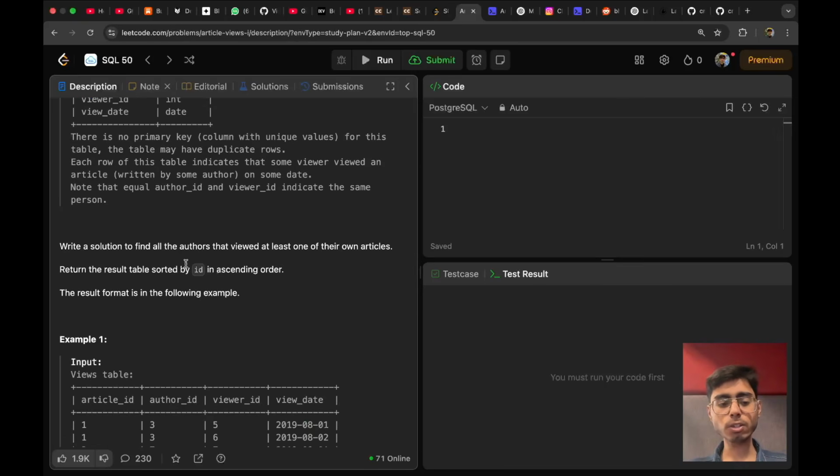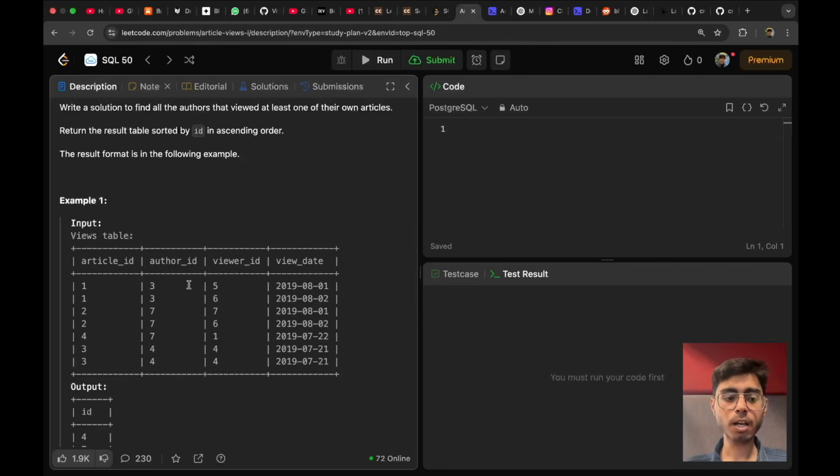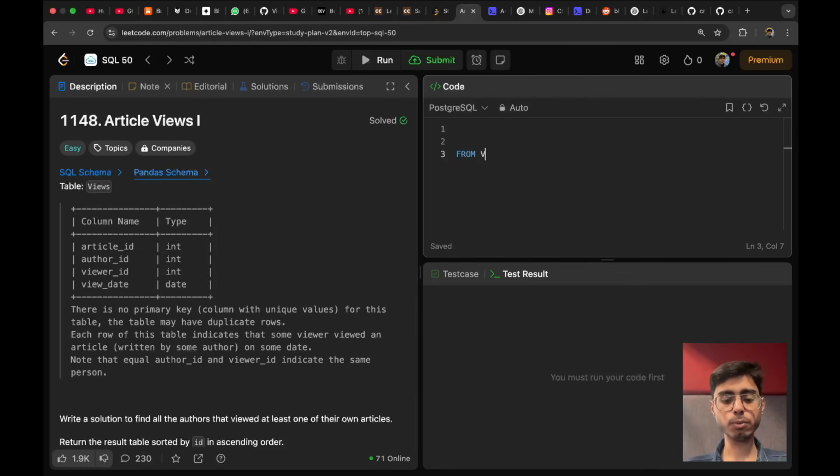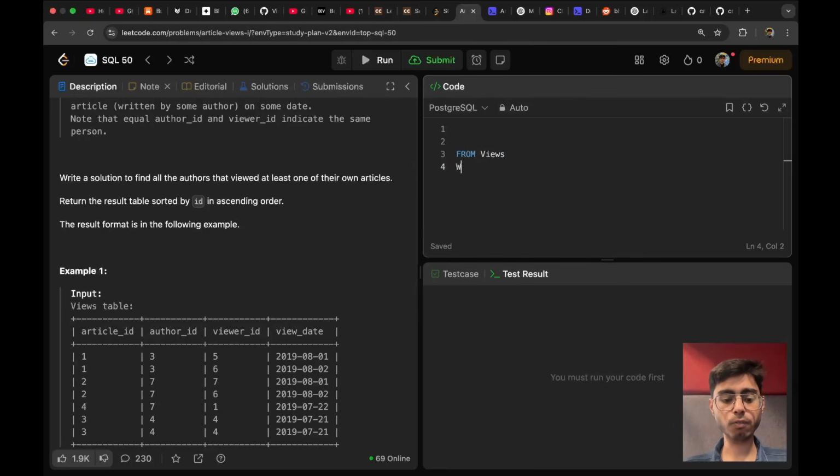Write a solution to find all the authors that viewed at least one of their own articles. That means if this is the table, and in this table if author ID is equal to viewer ID, that will go to the output. Okay, so that is something we need to find out, and we have to order the table also in the output. So we will use order by clause. So over here I can say from views, the table name. From views we have to find out where my author ID is equal to my viewer ID,